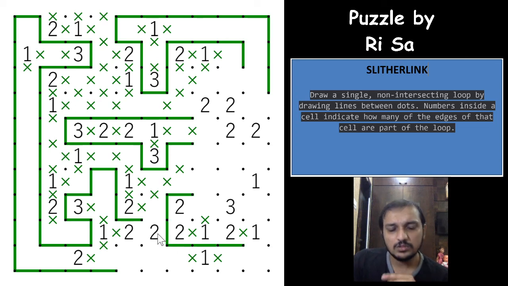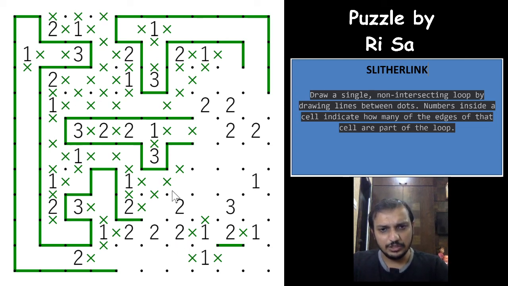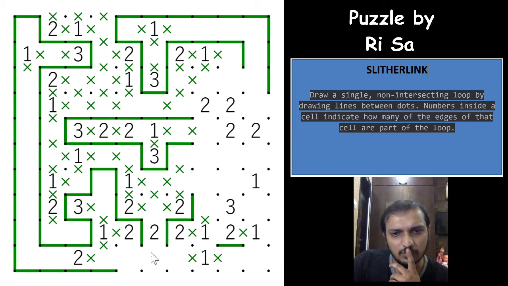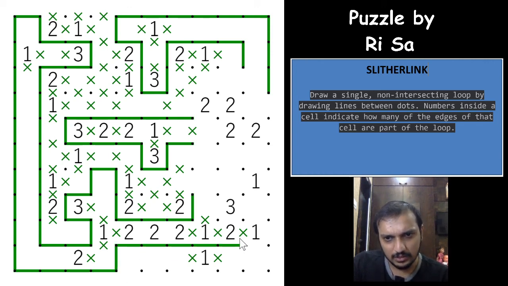Oh, that's awesome, guys. For the 2 here, if it is this way, this 2 is fulfilled this way, and you have only 2 loop segments here. One is already going out, so both will meet and you have a closed loop again. That is really difficult to see, which means both of these won't be crossed out. It will be this way. Both of these come down, and again your closed loop will form. So this will go this way, it has to go this way across here.